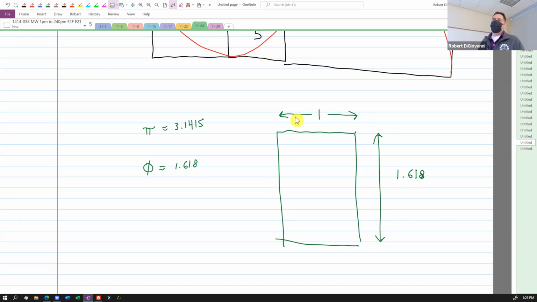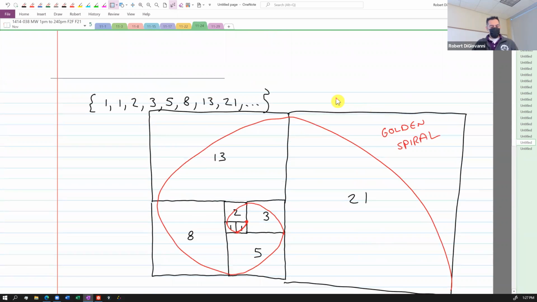Again, it's one of those things where, like the Greeks, I believe, used this a lot in the way they built things. They said, well, what ratio do we use for our rectangles? This is the one. So where does this 1.618 come from? What it comes from is this. You take this number and divide it by the one in front of it. So if you have your calculator,